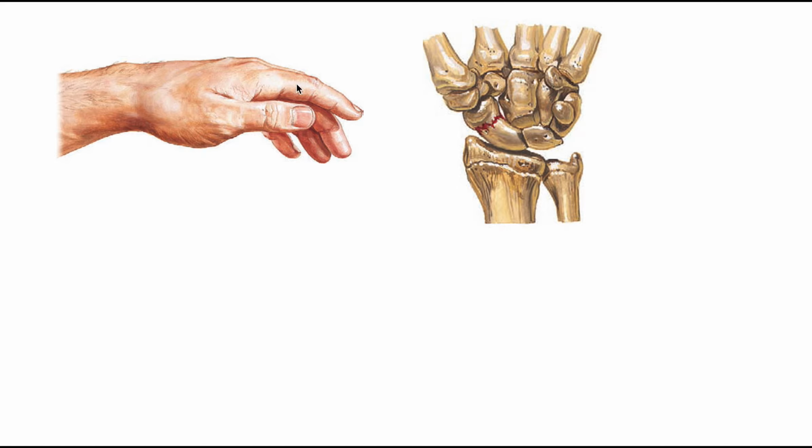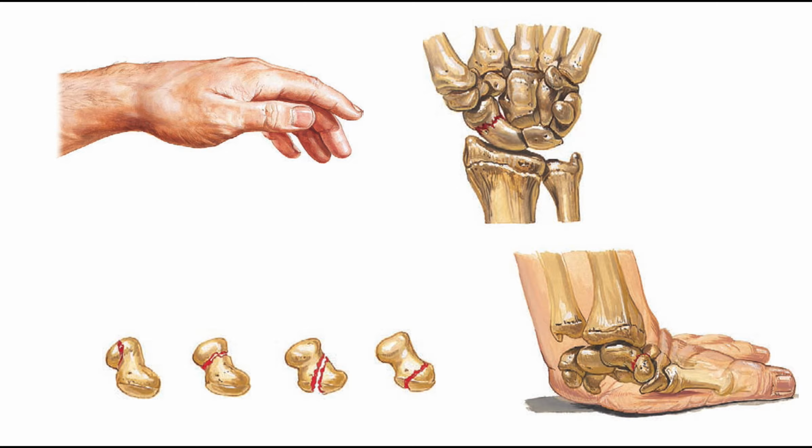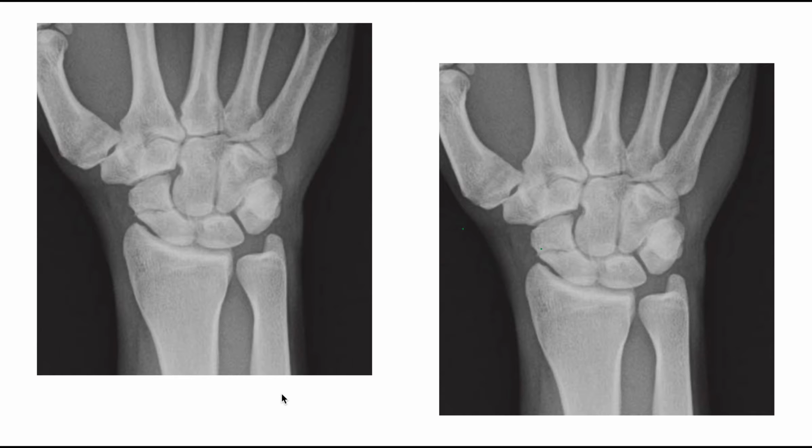So look at it. This person has fractured his scaphoid, and there are the different views of the fractures of the scaphoid, and you can see different locations where a scaphoid can be fractured. Now look at this X-ray, and we are seeing here all the carpal bones. So let's identify where is the scaphoid bone. Let's highlight it,